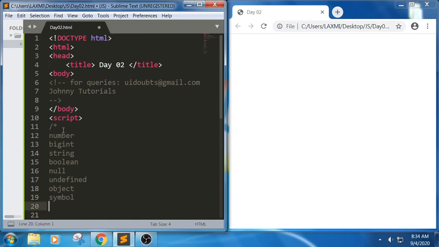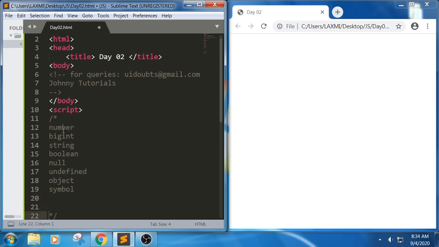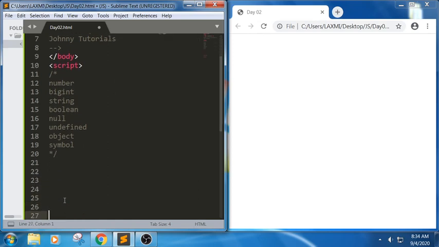There are other things mentioned as data types like functions, regular expressions, arrays, and so on. Those also come under data types, but the basic data types of this language are number, BigInt, string, boolean, null, undefined, object.